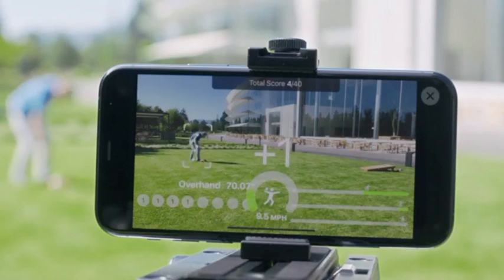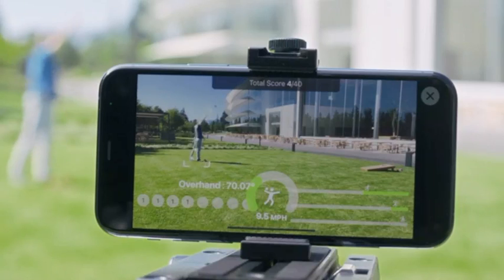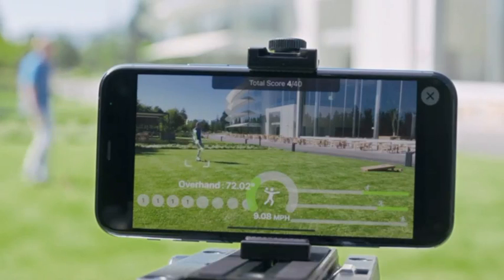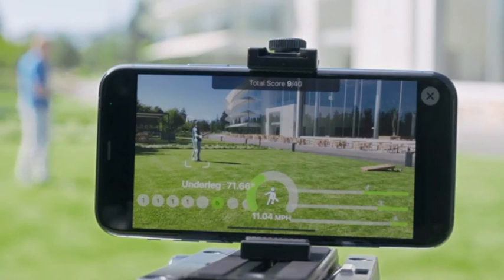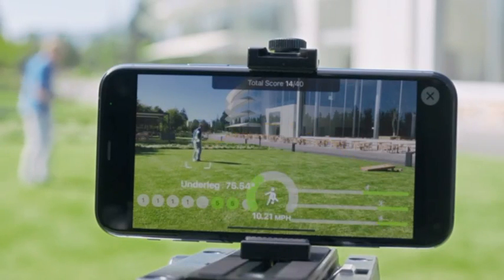With that, we can understand the release angle when we're throwing. And we also can see what kind of throw we did: overhand, underhand, and even a trick shot, where we are throwing under the leg. You also see the speed at which the beanbag was traveling. And you have the score on the bottom left and the kind of throws that we did on the bottom